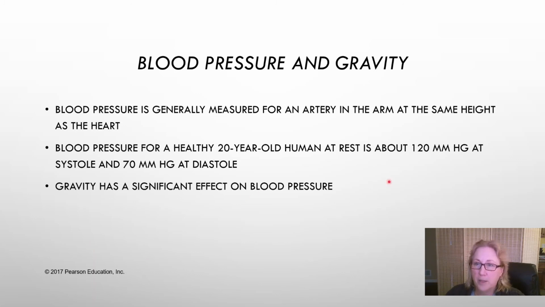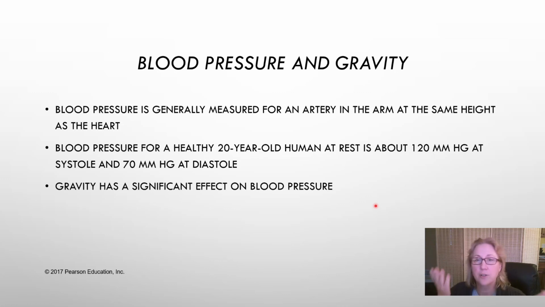A lot of times when we say normal, we mean average. So a healthy average blood pressure would be about 120/70. You can have lower blood pressure than that, and it's perfectly fine and normal. A lot of very young people, like teenagers and kids, have a blood pressure that's as low as 80/60, and that's considered perfectly fine and healthy. But for an average adult over 18, 120/70 is good.